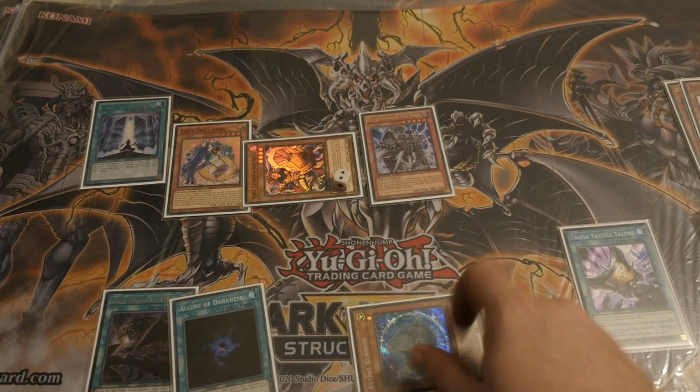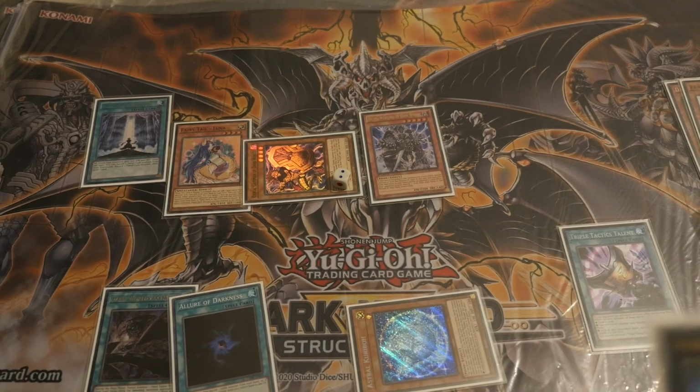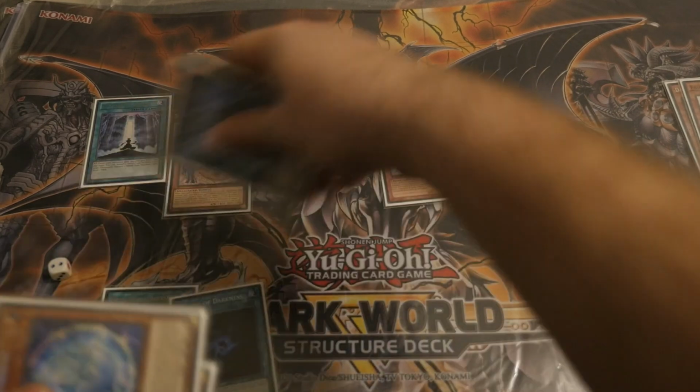So Astral Kuriboh will reveal Degades. We'll summon it down as a level 4. And I suppose this is the only way that we're going to be able to do this. So we'll summon it down as a level 4. We'll overlay this into Degades. We'll use Degades' effect to